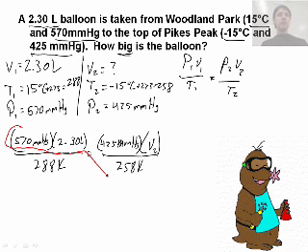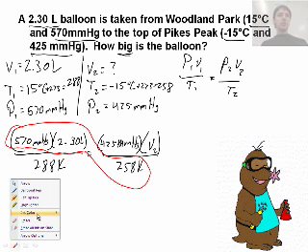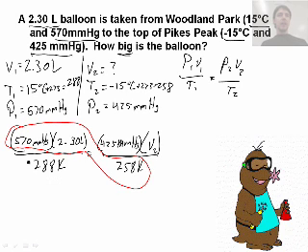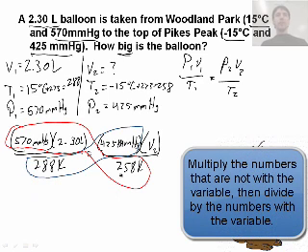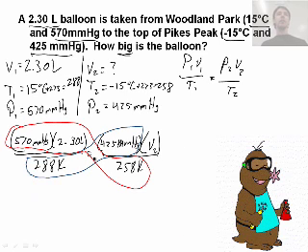We're going to multiply these things together, and then we're going to divide the other two. So the ones that are with the variable, we divide. The ones that are not with the variable, we multiply. Again, multiply everything in red here because there's no variable with the 572.3 or 258, and then we'll divide 288 and 425. So 570 times 2.3 times 258 divided by 288 divided by 425 will give us